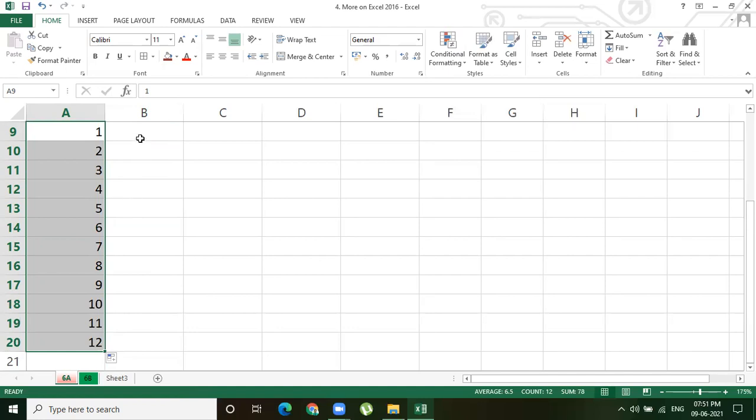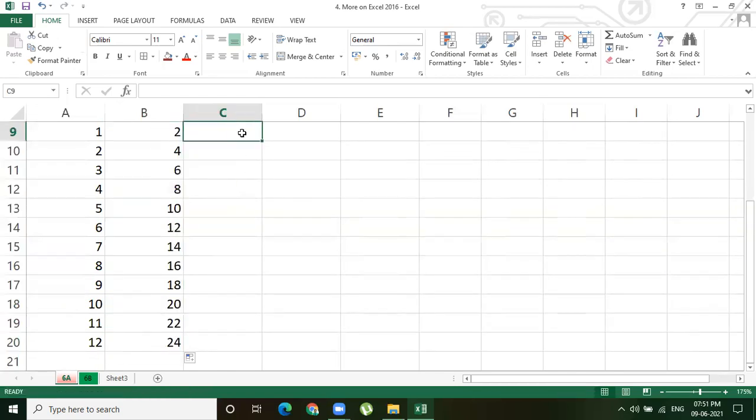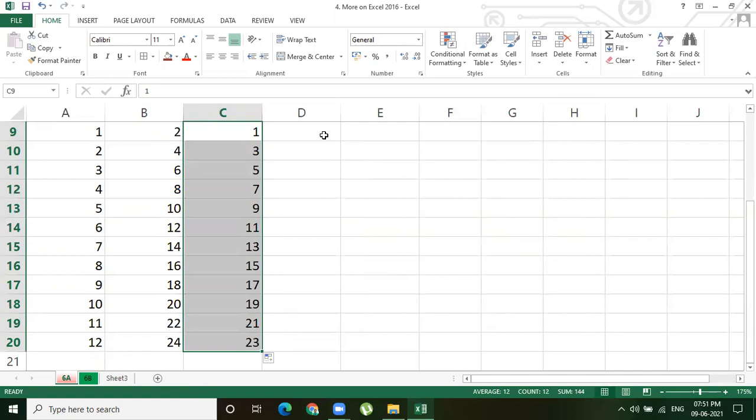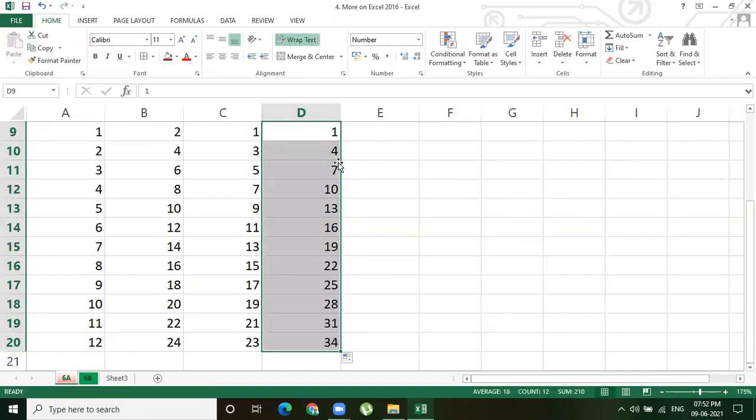Right. So not only this, even if you type 2 here and 4 here, the series you have given, 2, 4, 6, 8, means a difference of two numbers. Even if you type 1 here and 3 here, odd numbers, like a difference of two. If you give 1 here and 4 here, let me decrease the decimal values. Now a difference of three numbers.